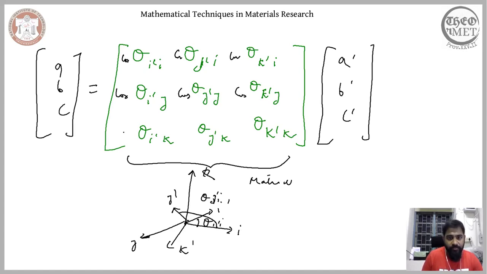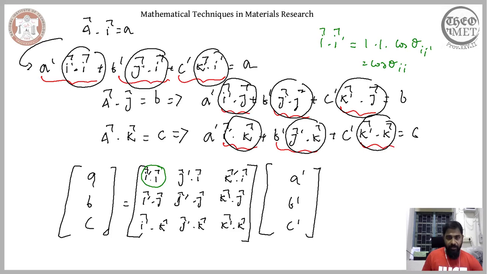So these are cos of the thetas. Now of course, if you want to verify, we can very well see, I can take this product here, this product here, and this product here. This will give me my A. So I prime dot I of A prime, plus j prime dot I of B prime, plus k prime dot I of C prime. The sum of all these is going to give me A. So this